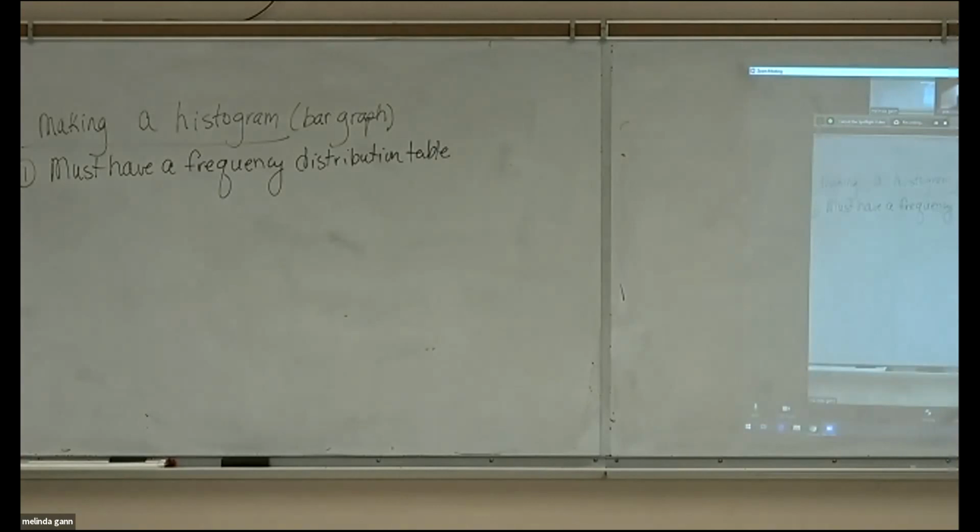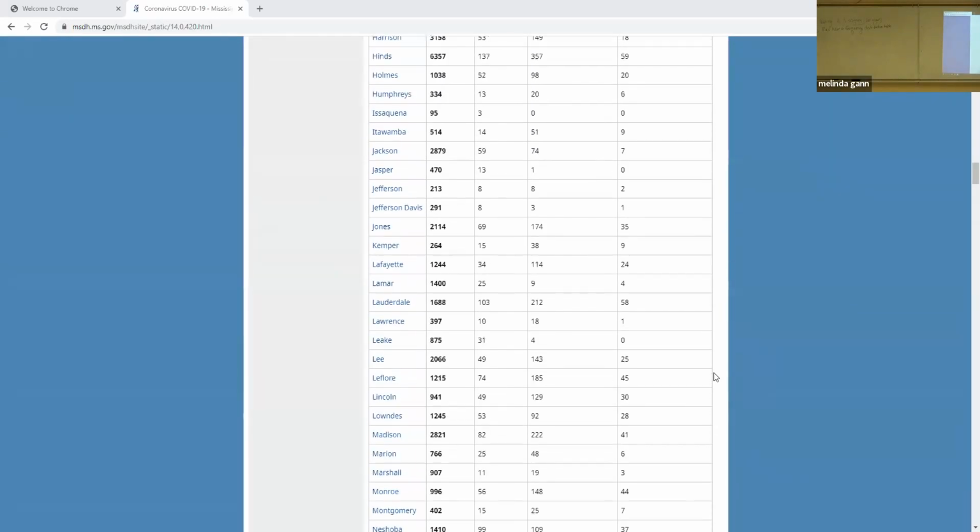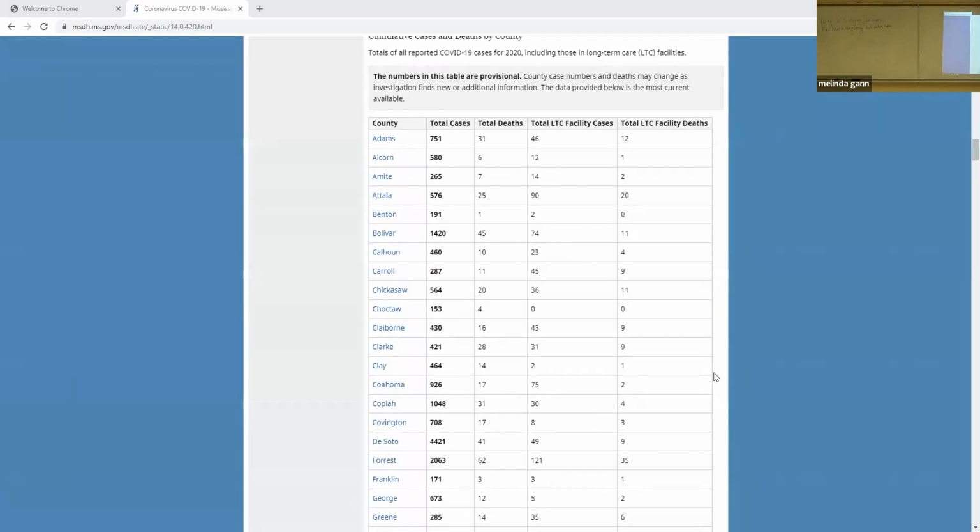I'm going to try to share the screen with everybody. We'll see if it works. All right. Let's hope. These are the COVID numbers from the Mississippi Department of Health as of today. Now let me go to my camera control and see if I can figure out which one will show it. All right, let me see if I can do it for them where they can see it.